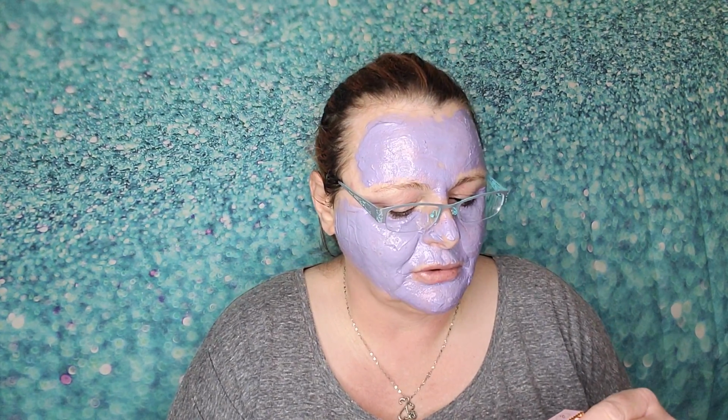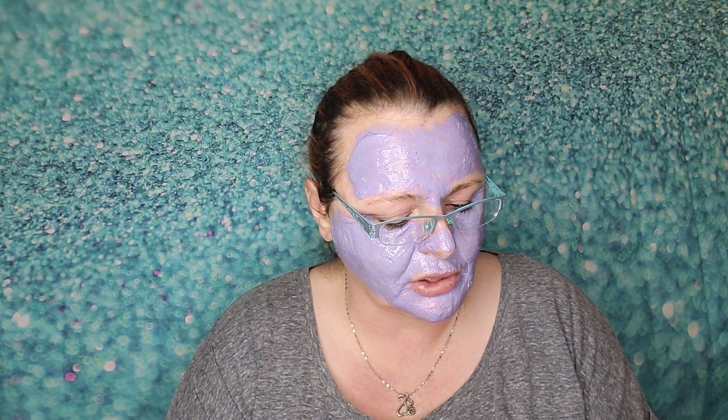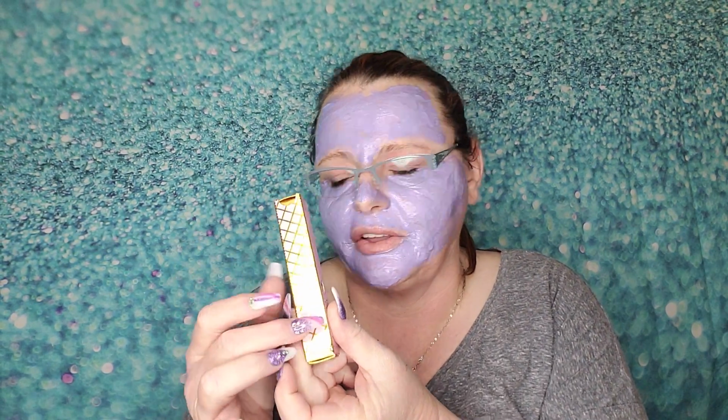And there's another thing in here, which I did not remember getting. Oh, it's a lip whip. It is a matte lip whip, and I will get to that later, actually. I'm dying to see it. I don't remember ordering a lip product, but it's very cute. It's decorated like the cone. Anyway, let's get right to